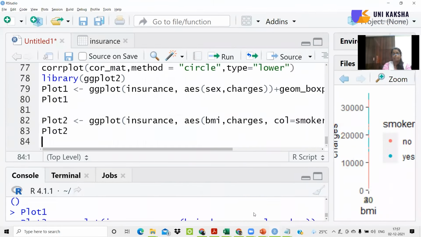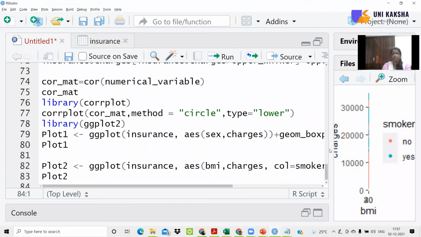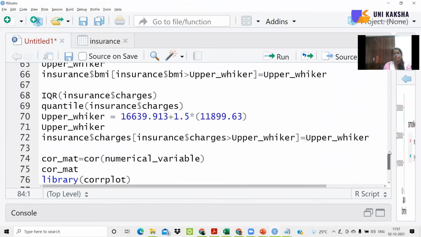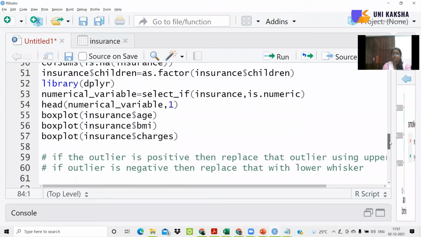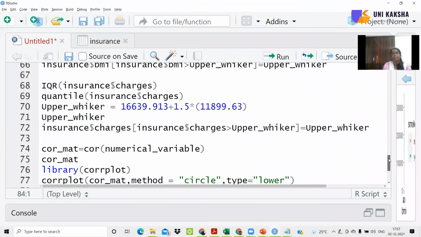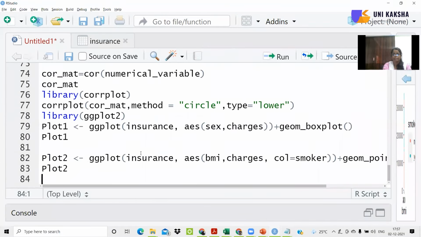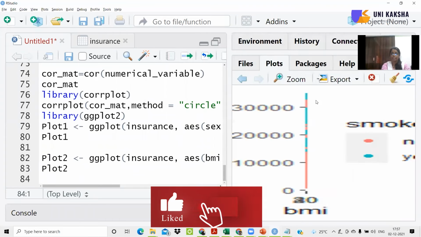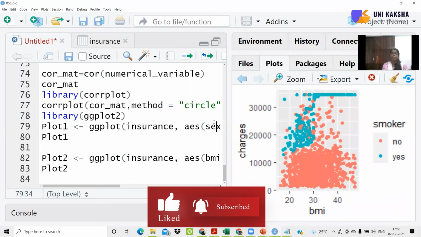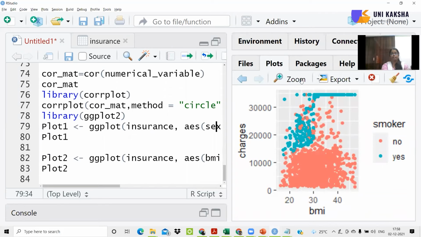So we have identified almost the aggregate. We have aggregated the columns. We have checked their averages. We checked for the missing values. We checked for the upper whisker, lower whisker, correlation, and we checked a few of the plots. So this is basically what we mean by exploratory data analysis, using which we can try to understand what the data is trying to let us know.